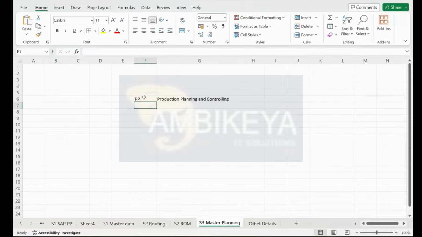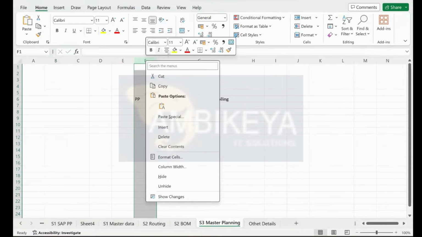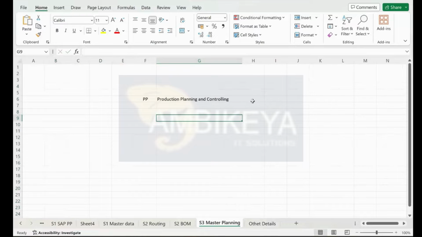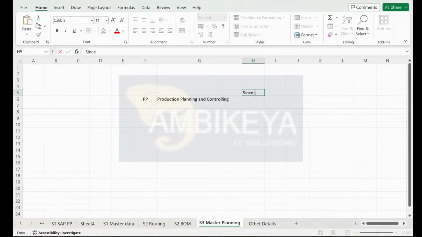This is the first version built by SAP for production planning. Till 2017 we were using this PP for planning,